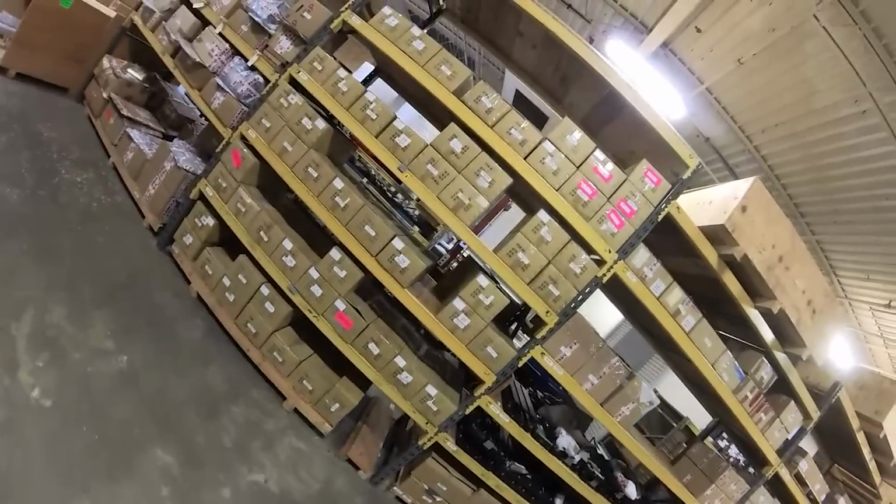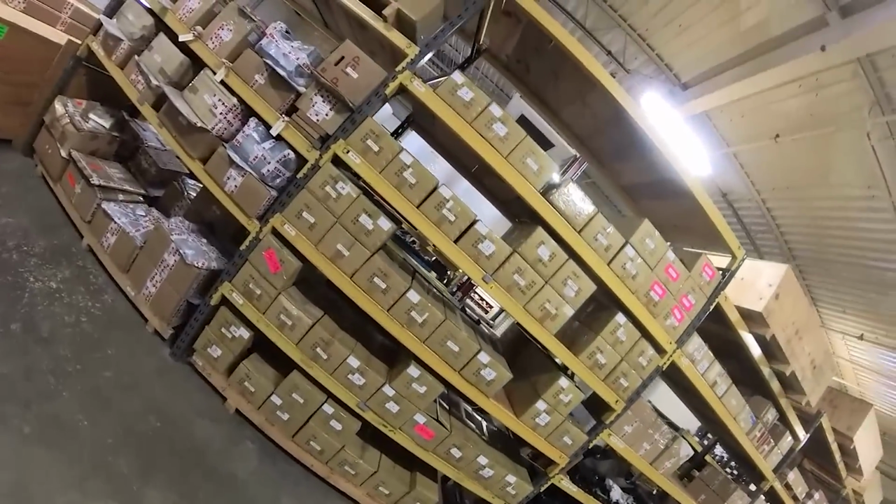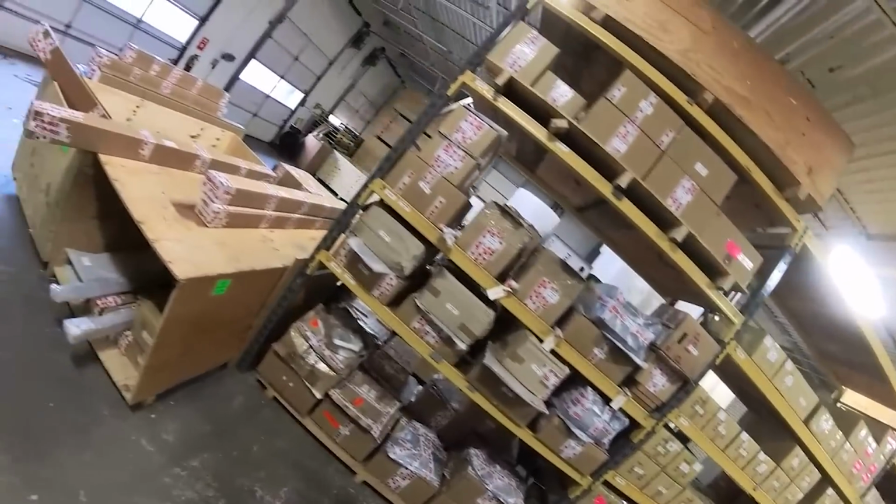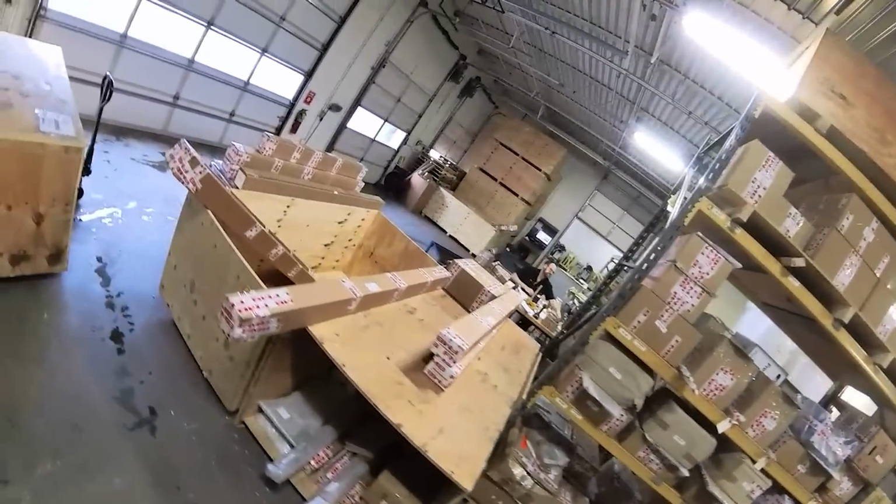All right, Rick, well, we made it into inventory, which is the final stop on this factory tour. Why did we decide to finish here? Well, it's the most important part for our customers. This is where the $5 million of spare parts in inventory exist, with all kinds of perishable components: hood shocks, bar stock collets, channel sets, all the perishable parts of the bar feeder that we house and need for customers,